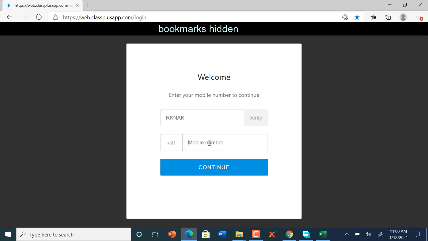And in the mobile number, you should put your personal mobile number, the number that you have provided us for the registration. This is very, very crucial. Do not put any mobile number other than the one that you have already provided us in order to join you to the batch. That mobile number acts as your identity in this class. And if you lose that mobile number somehow, if you do not have access to it, you cannot attend the class anyhow, and we cannot help you in that matter.